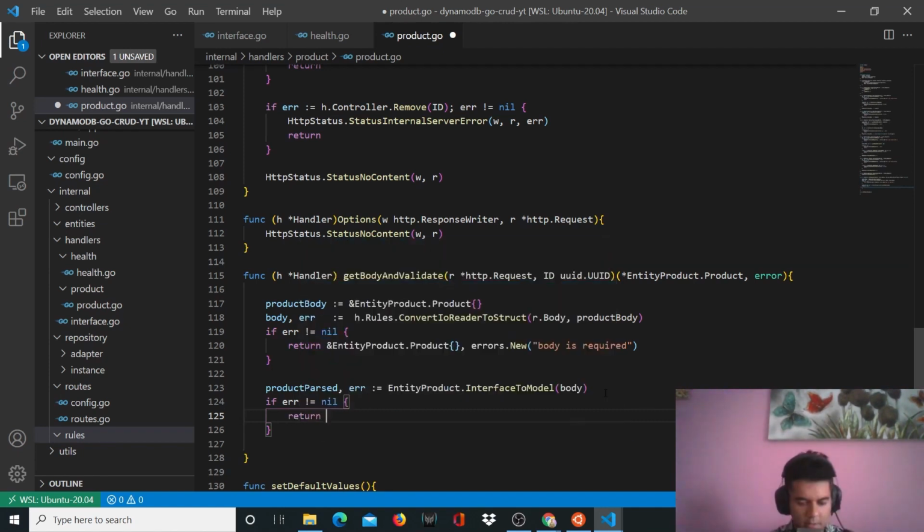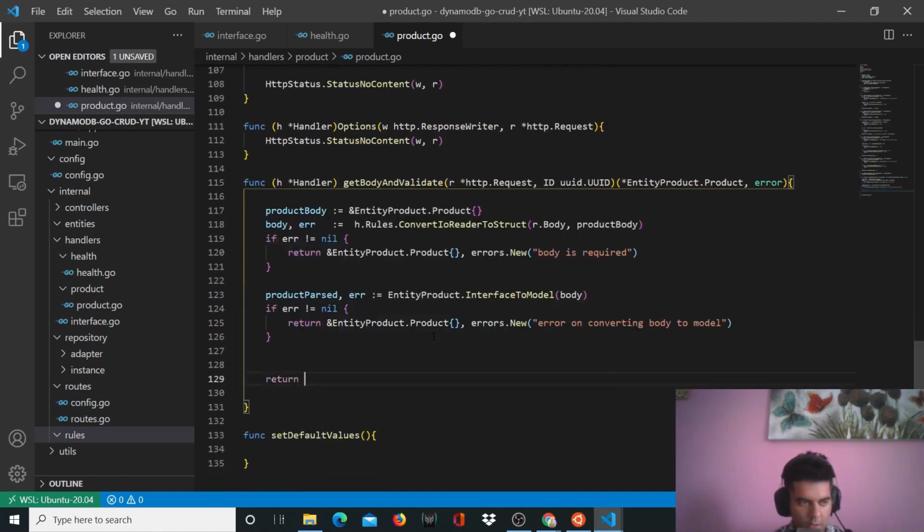So here you'll return entity product.Product and you will say errors.New("error on converting body to model"). And at the end, all you want to do is return the product, the parsed product,